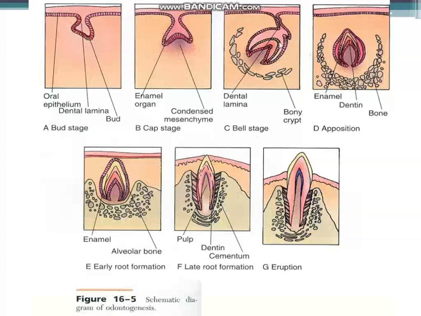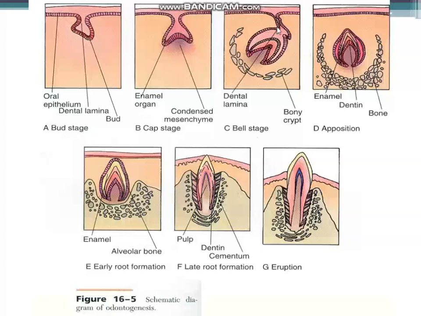Here in the bell stage, we will see the appearance of a new cell mass under the inner enamel epithelium, and this one will be called stratum intermedium. The stratum intermedium will stimulate the cells of the inner enamel epithelium to differentiate into ameloblasts. Then the outer enamel epithelium begins to degenerate, and then